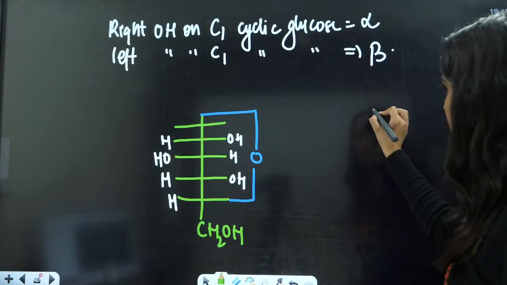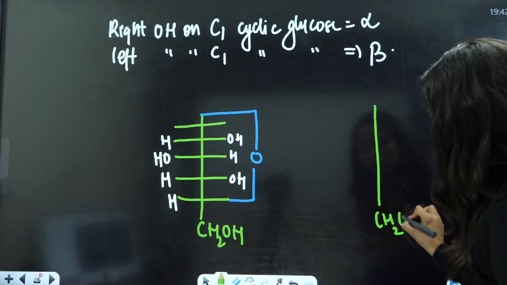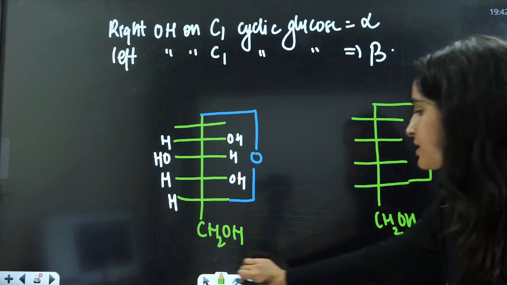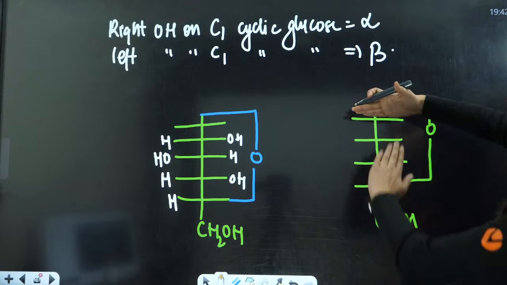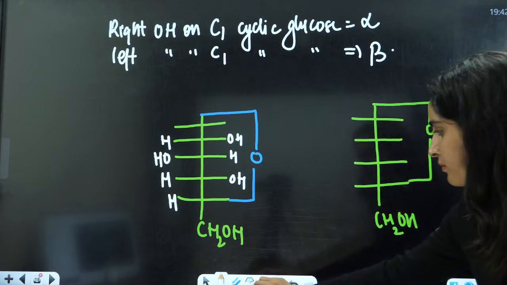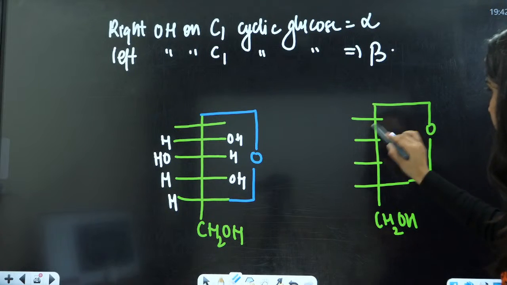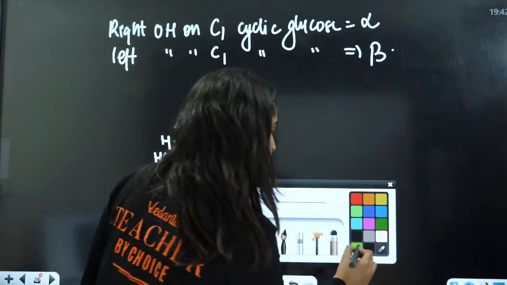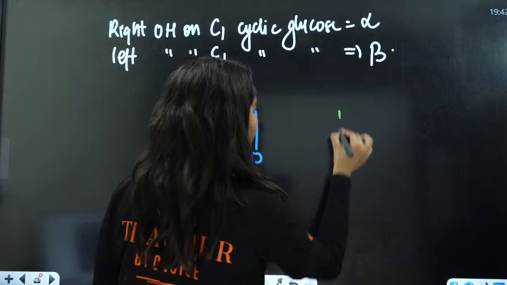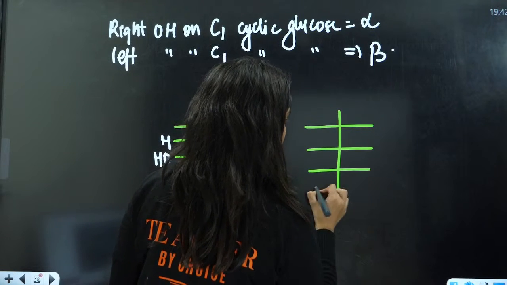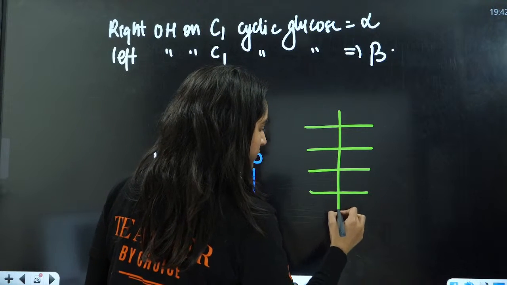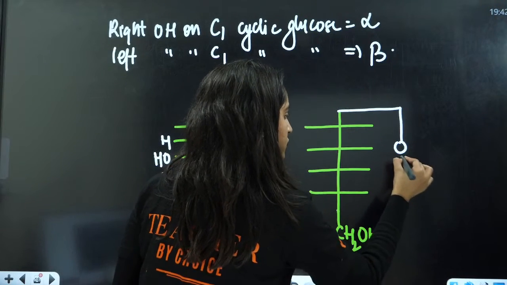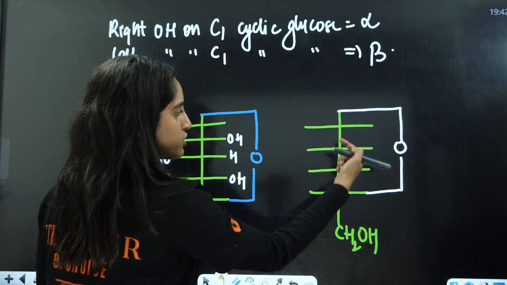Now the other structure here is this one. This is CH2OH, right? 1, 2, 3, 4. And draw the O between first and fifth. Now, just forget about this first one. This is first, second, third. Why am I drawing just one less line here? This is for CBSE. This is for NEET. You must clear these concepts. You have these 4 lines. This is CH2OH. This is the Fischer structure here. The O linkage is between first and fifth. This is 1, 2, 3, 4.